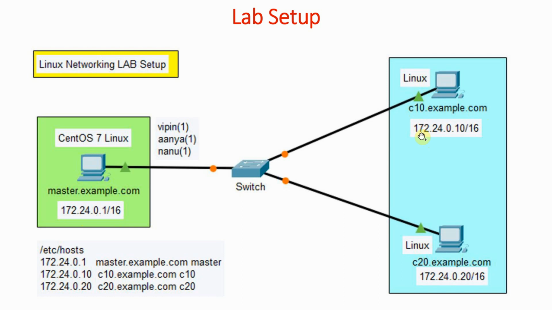One of them will be c10.example.com, and it will have the address 172.24.0.10. And then we have another Linux system, c20.example.com, and it will be having the address